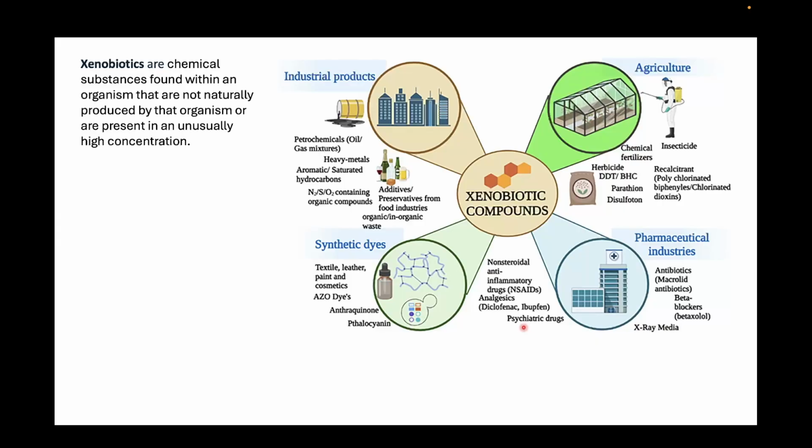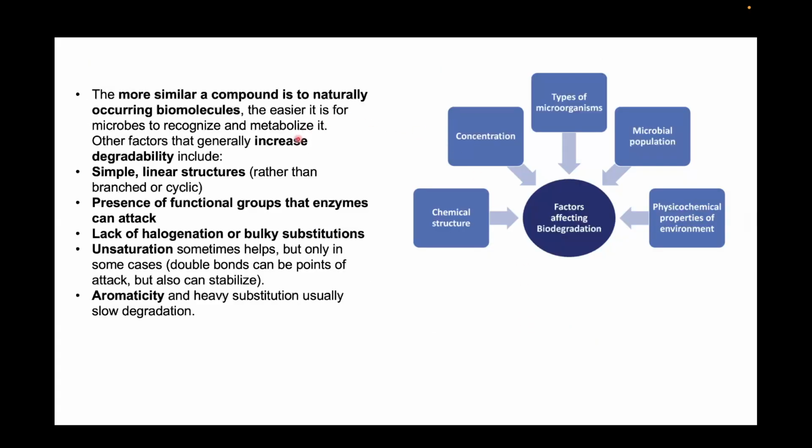Because we ingest it like pharmaceuticals, we use it for growing our crops. We have petroleum and preservatives in our food. We have dyes and everything. We live around xenobiotic compounds. So the more similar a compound is to the naturally occurring biomolecule, the easier it is for microbes to recognize and metabolize it. So this is a key concept because the microbe has certain biomolecules which it can recognize, and